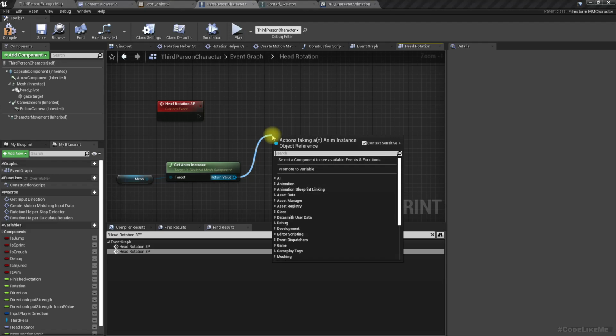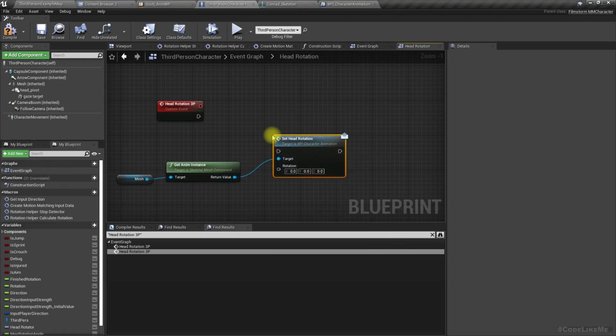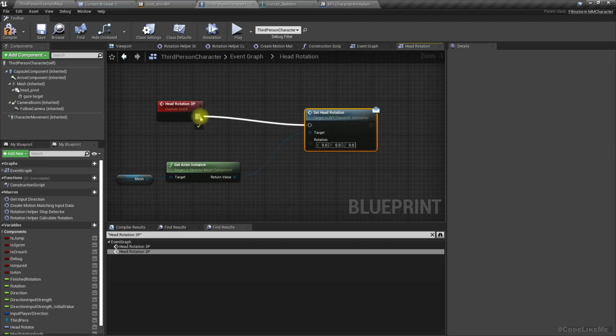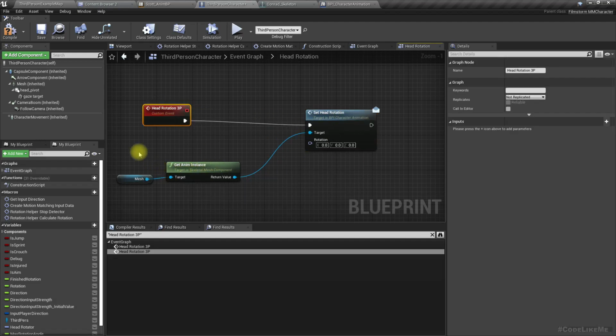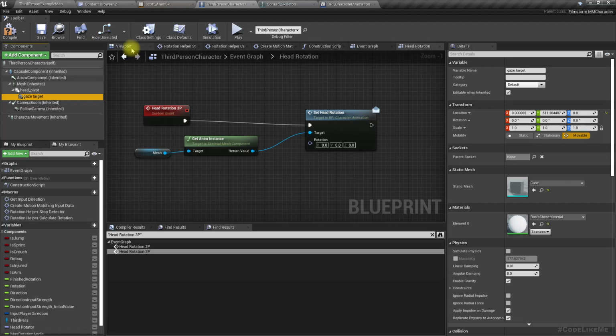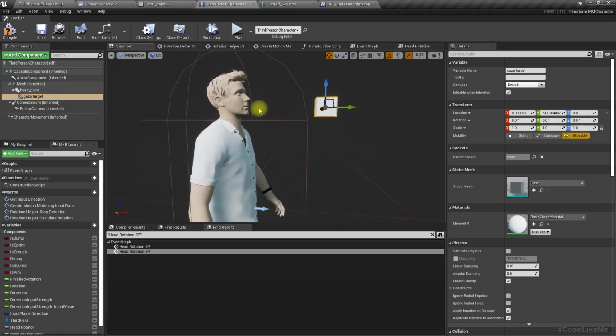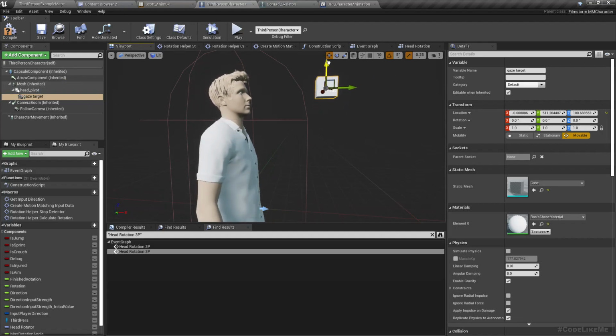Get animation, then set head rotation. So how do we calculate this? Using this gaze target. If I move this up,